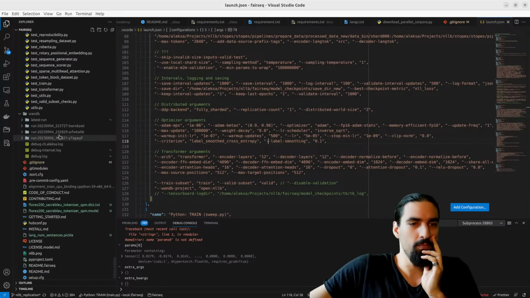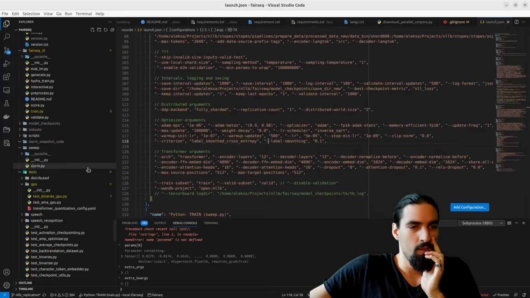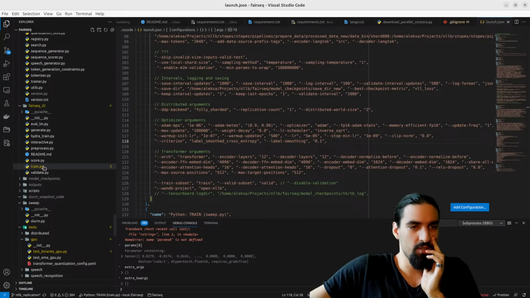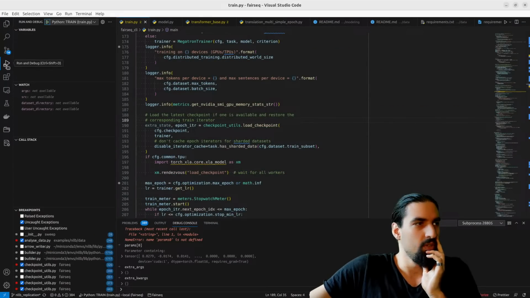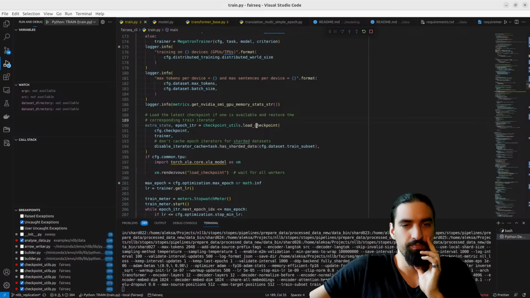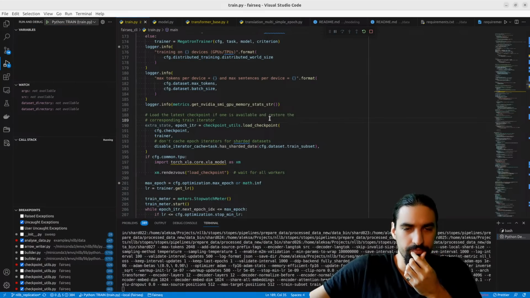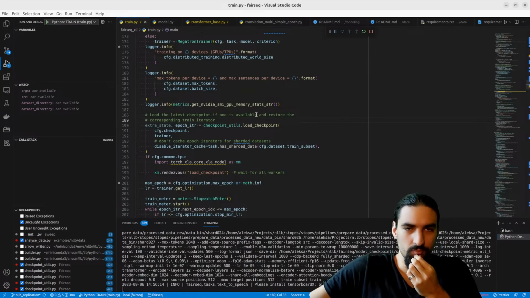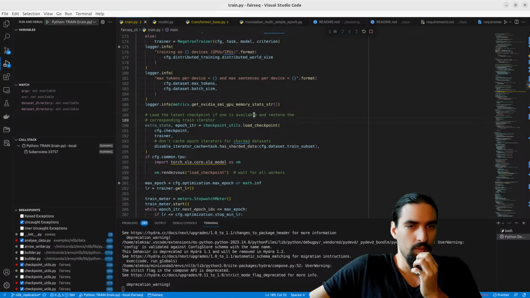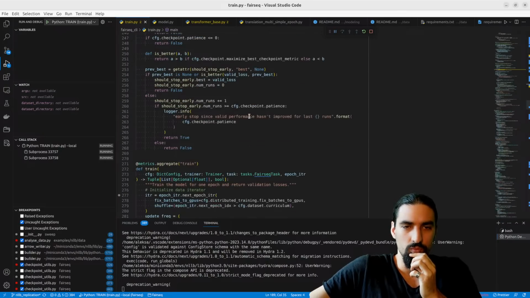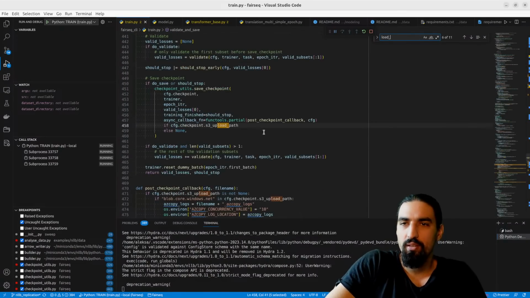Let's go to train. Fairseq CLI train. Let's kick off the run. Where is the load checkpoint? I think that's the important part.